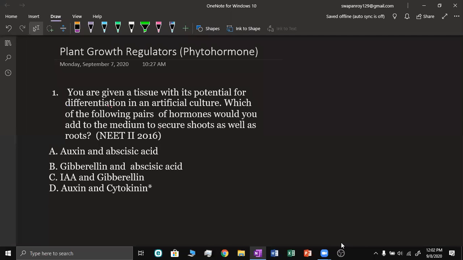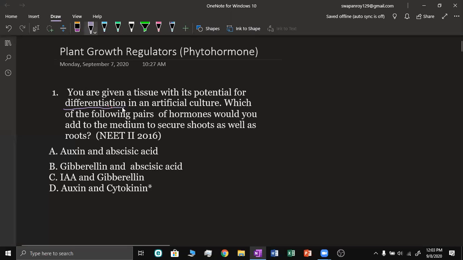Today we will learn something about the plant growth regulator. We will solve some questions and side by side we will learn something. Okay, our first question is that you are given a tissue with its potential for differentiation